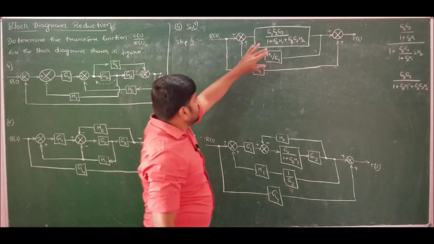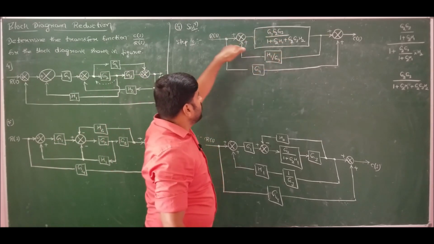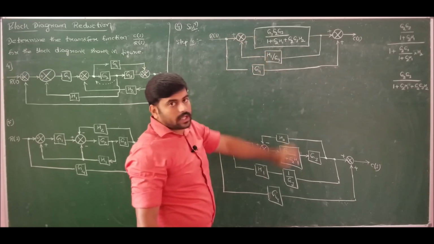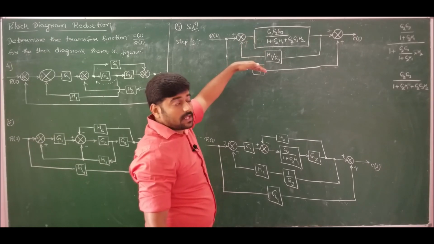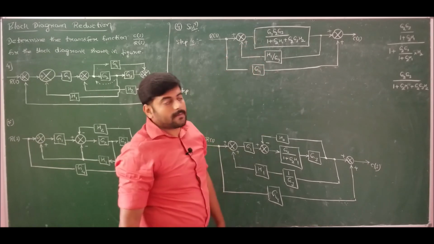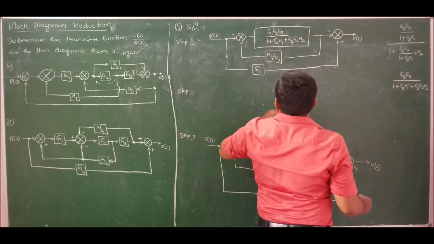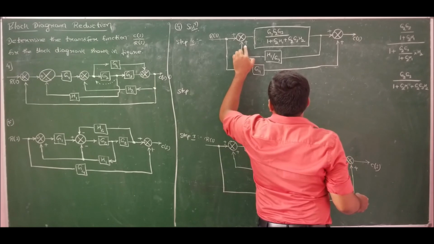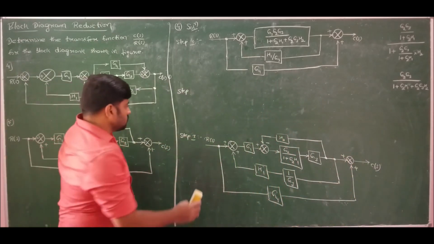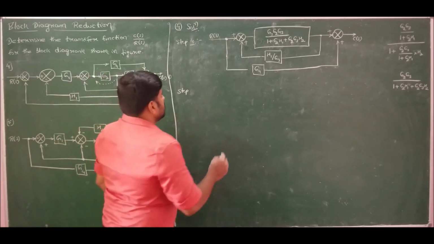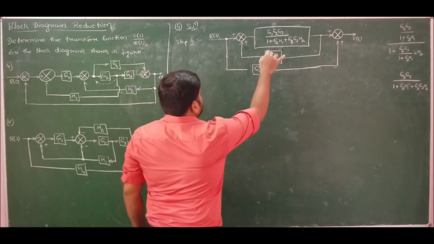Now this is a minor loop, so close this loop because we have one forward path, one feedback, one summing point and one takeoff. So close this loop, and finally that will be in parallel with G4. So closing this loop will become G of S divided by 1 minus G of S into H of S, because here we have positive sign. So moving for step number 5, I should solve for this one.